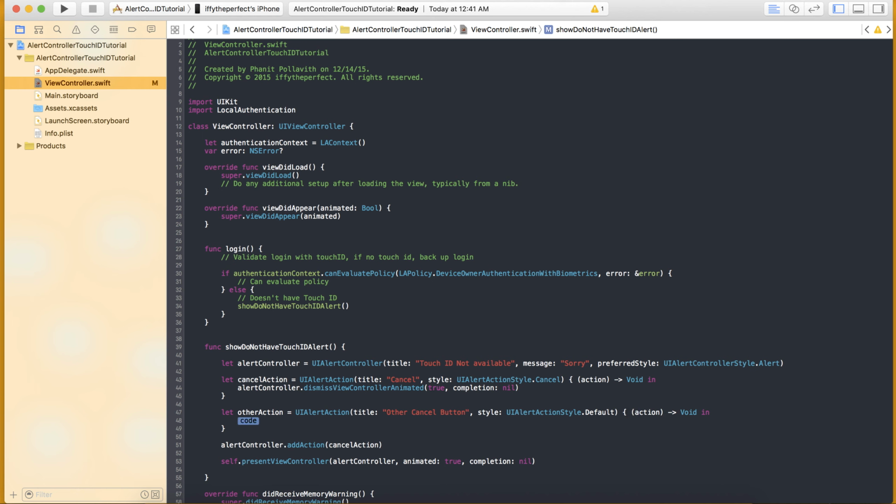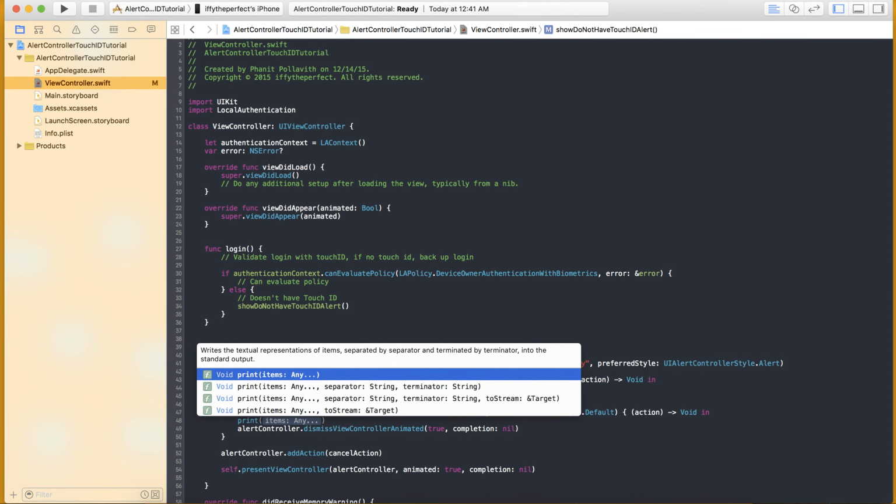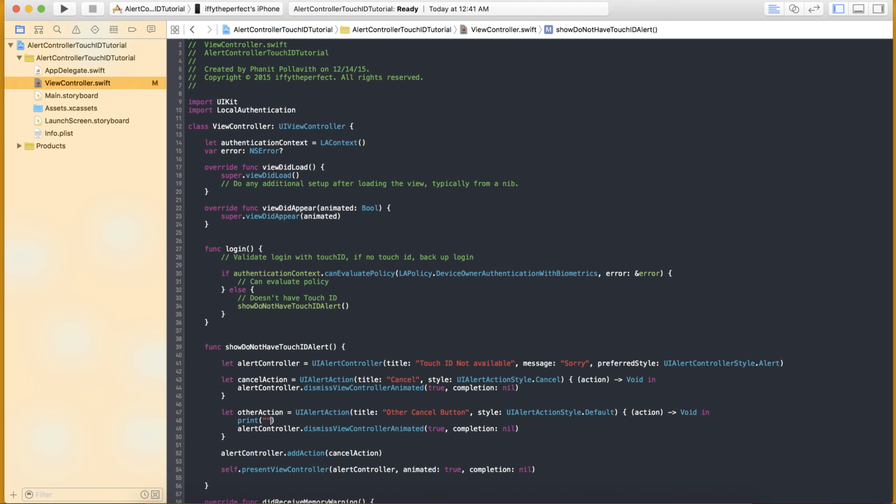Alright, action, and we're gonna do the same thing. We're gonna dismiss, but we can print out, I guess, to distinguish the difference. We're gonna print dismiss from other cancel button, and I'm gonna copy this statement and paste it here, and here